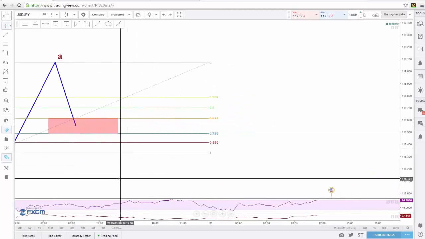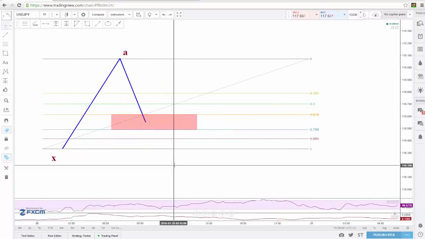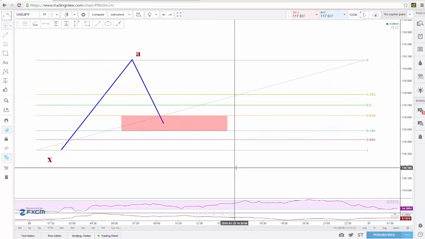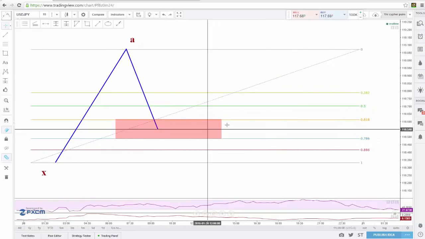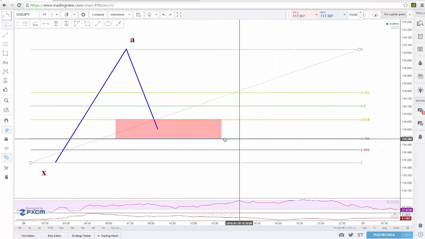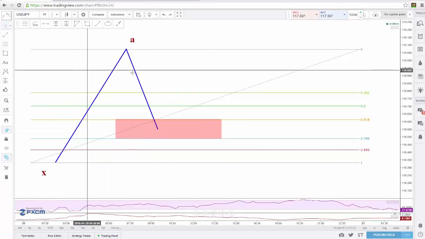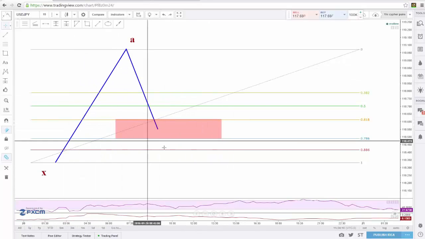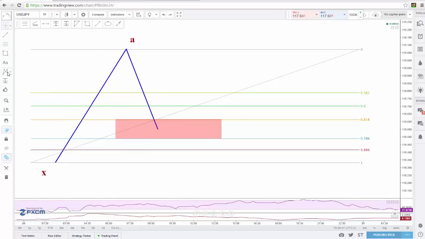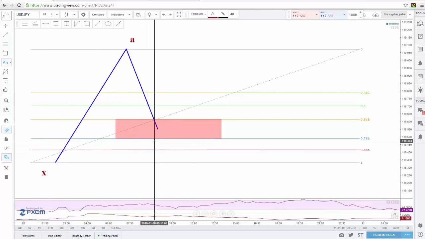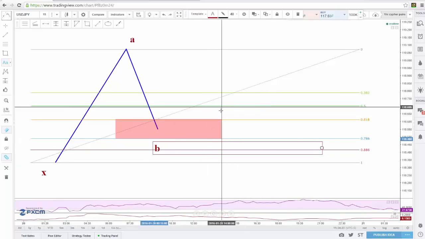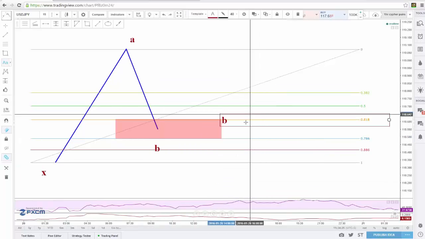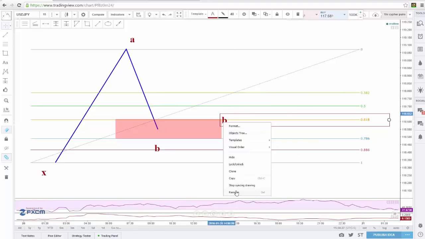And let me zoom in a little more, maybe make this easier to see for you guys. There we go, that's got to be better. Alright, so as I said, we have an area between 618 and 786 that the market can terminate. The next thing we look for, after labeling this as our B leg of the move, is a retracement from A